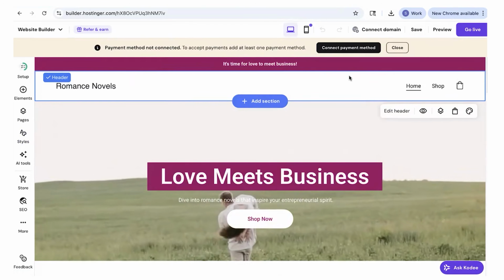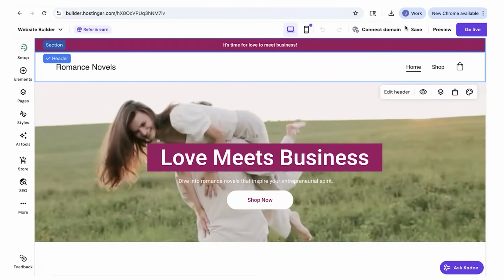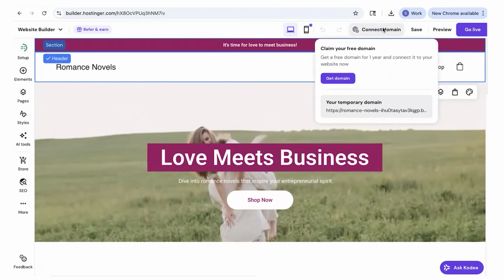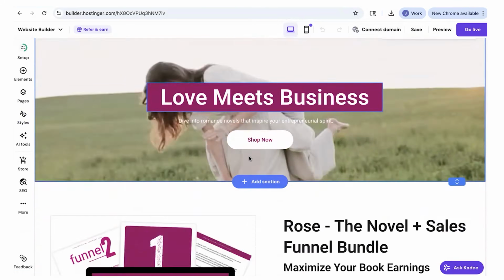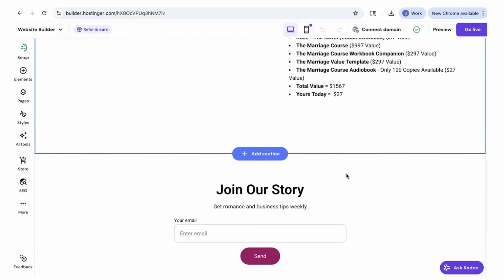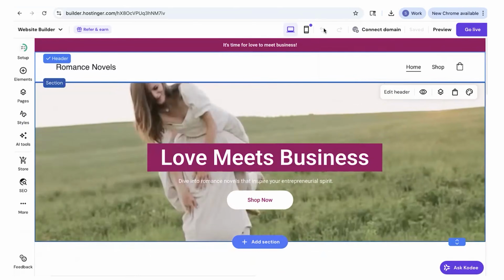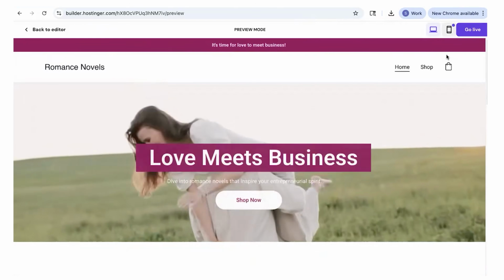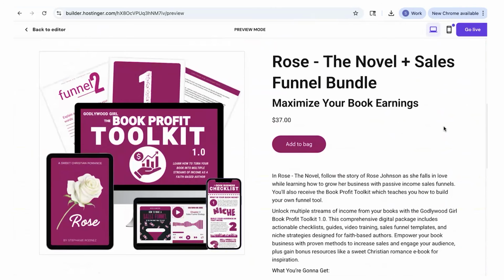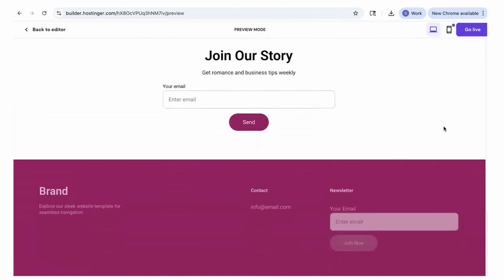Okay. So when you're all done, go ahead and connect your domain. If you got anything 12 months or more, you get a free domain. So connect that and consider using the .shop because I love the idea of having a .shop because then somebody knows they're going to your bookstore to actually purchase. So for example, guidethatwouldgrow.shop. And then once you're all done, click preview and you can see how quickly we built a website to sell our novel.